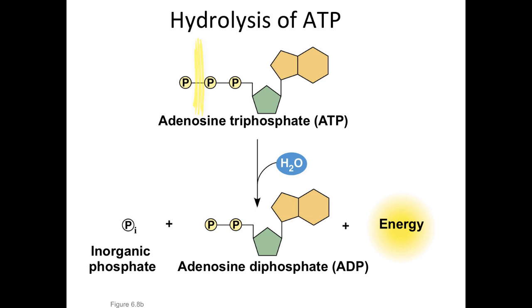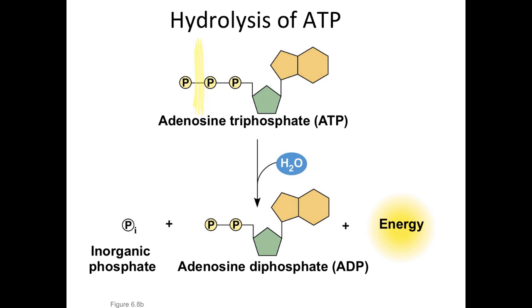Hydrolysis of ATP releases a lot of energy because all 3 phosphates are negatively charged and they're repelling each other. So they are at a very high free energy state. Remember, energy is released when a molecule changes from a state of high free energy in the reactants to a state of lower free energy in the products. Because there's so much energy holding that last phosphate on, the reactants are at a state of very high free energy. When the bond is broken between them, the products move to a lower energy state than they were before,